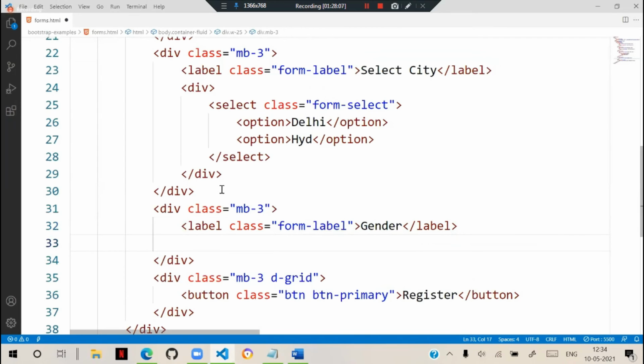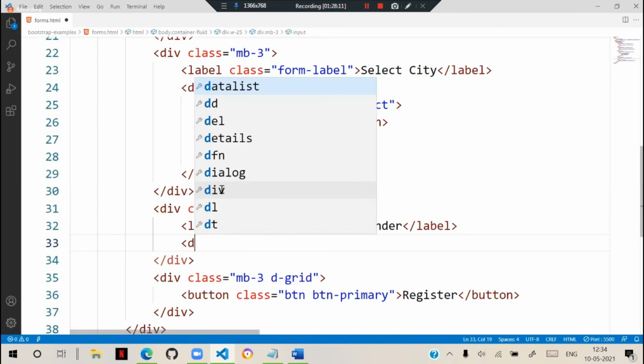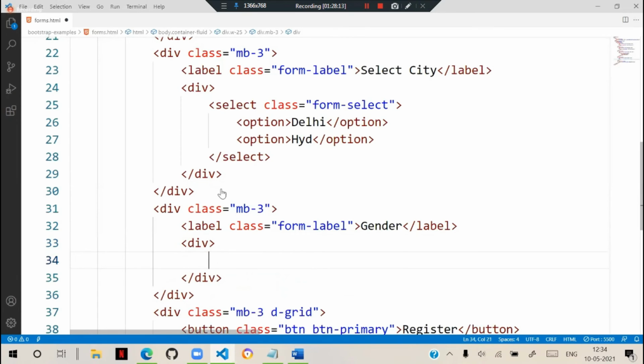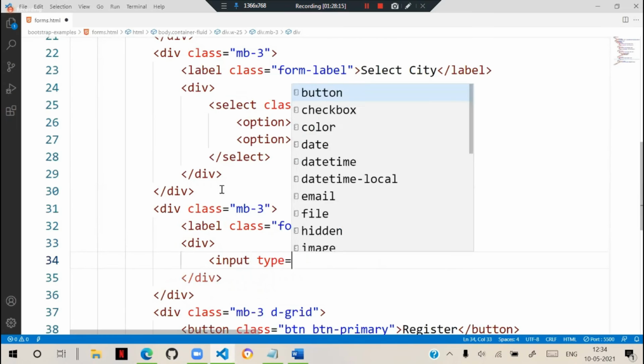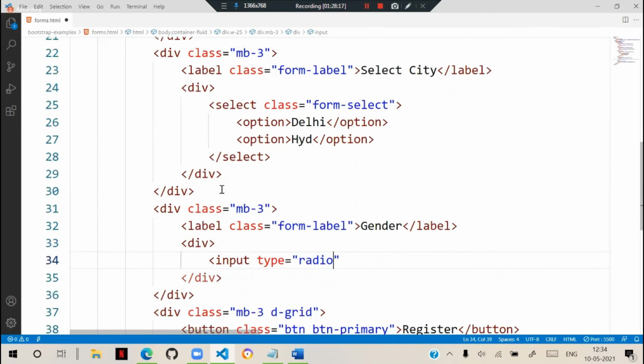So for gender, we are giving input in the div. Input type is equal to radio. You know that radio should have a common name; gender is the name.